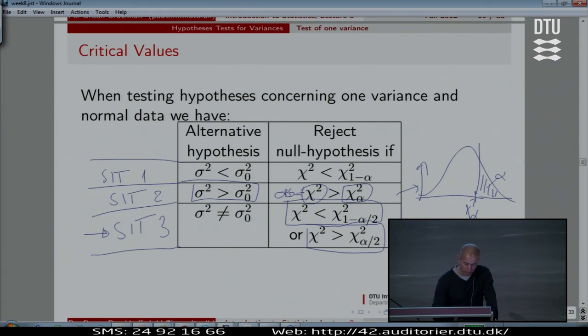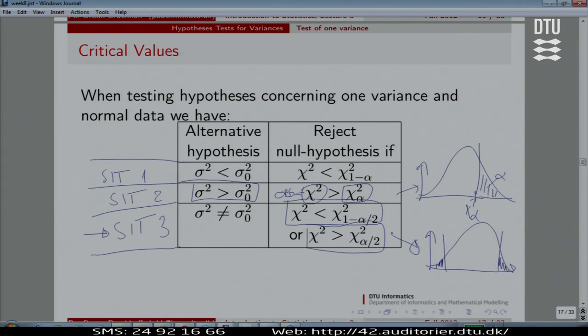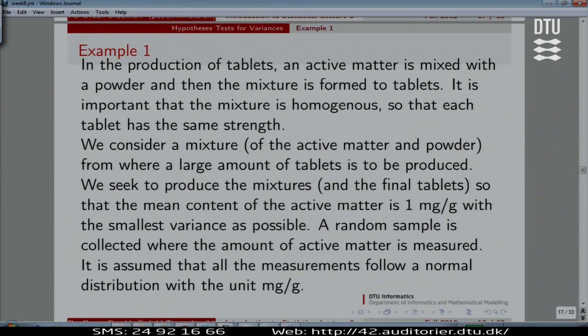I hope you slowly get used to this way of talking and this way of thinking, because this is something that we do again and again. We've done it a number of times, and we'll do it even more times in this course, just in different situations for different concepts. But we do this hypothesis testing and confidence interval again and again. So that's the theory of it. So we jump to the